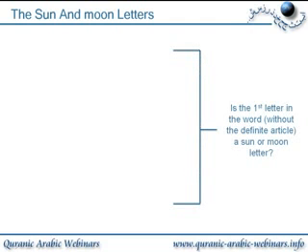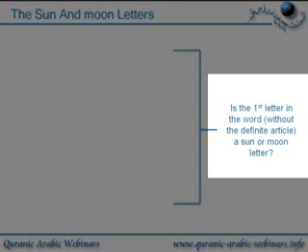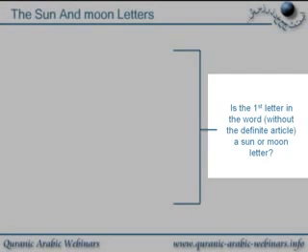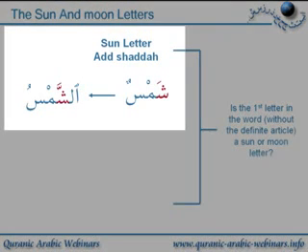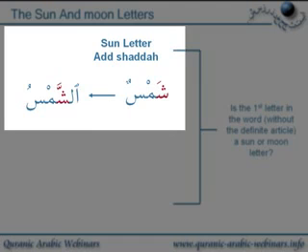Okay, so now we get into why we need to know these sun and moon letters. So I'm just going to read this. We're going to ask ourselves a question, and this is again for the noun. Is the first letter in the word, and in our case we're really talking about nouns, a sun or moon letter? And in the brackets I've got without the definite article, i.e. if you look at a word without the definite article added to it, is the first letter a sun or moon letter? Now if it is a sun letter,